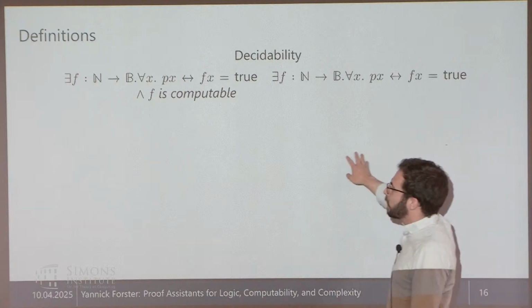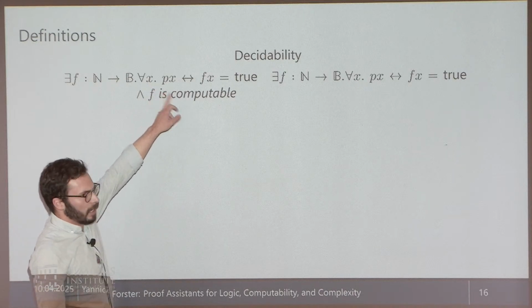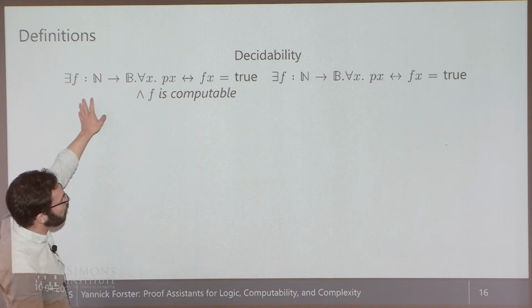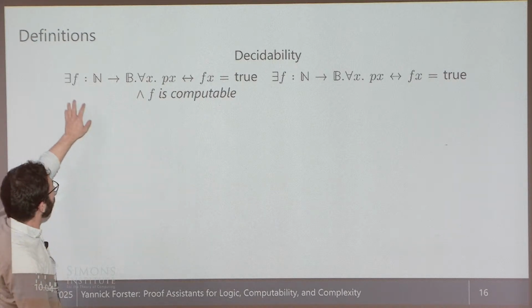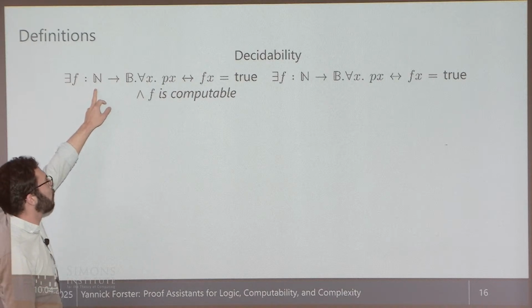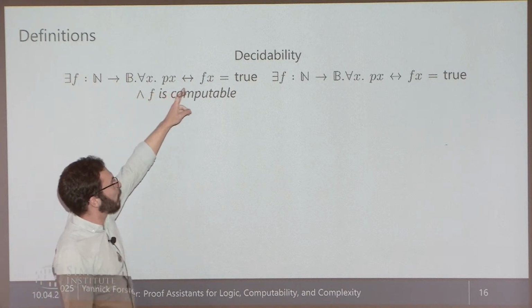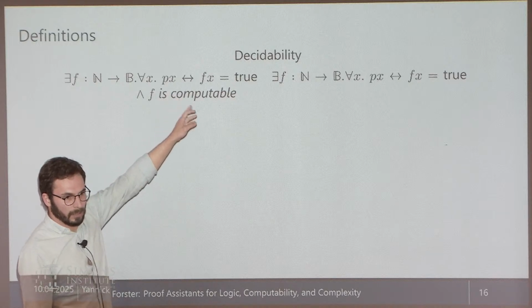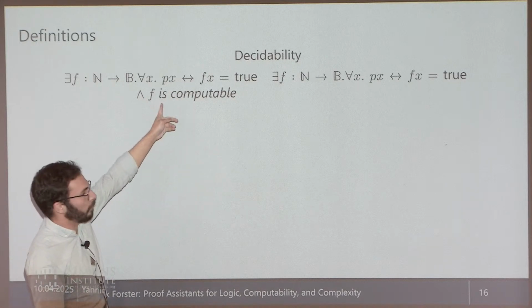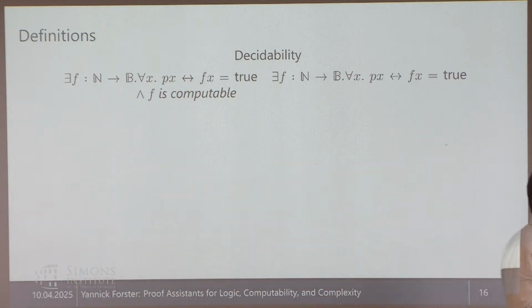And concretely, to do this, you can do something like this. If you want to define decidability, I'm using predicate notation here, P of X, I could have written X element of P, but okay. If you want to define the decidability of a predicate P, of a set P, you define it in general as you want to have a total function that takes as input a natural number and says 0, 1, a Boolean, true, false. And you want to have this property that the function says true if and only if the element is in the set, with the side condition that F is computable. F is computable contains the definition of Turing machines. It says there is a Turing machine that computes F, and so on. That's an analytic definition of decidability encoded using the things you have in the logic.